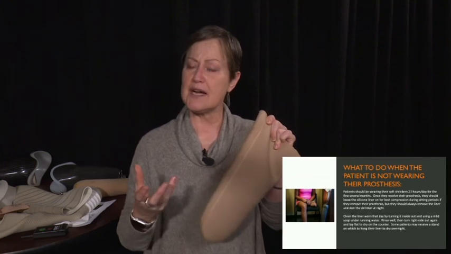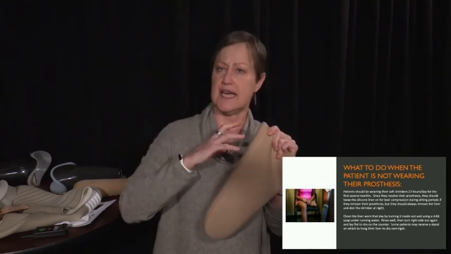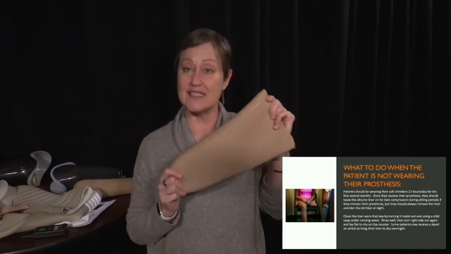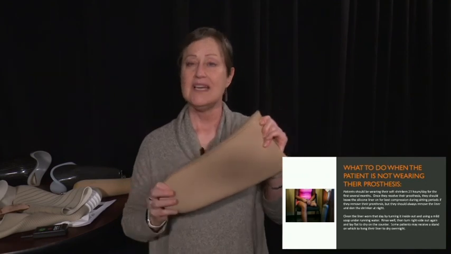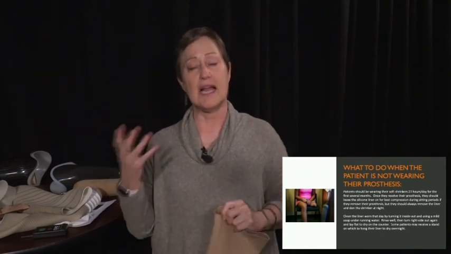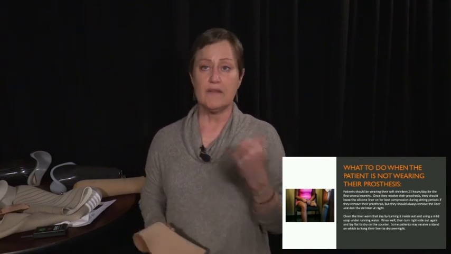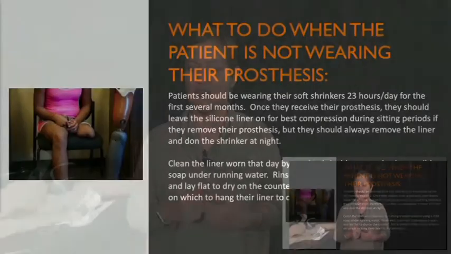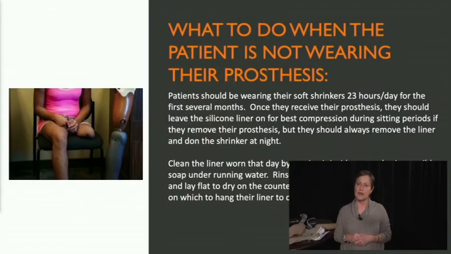If they're early in the process where they're wearing their leg a couple hours, then taking it off, putting it back on during the day, they can leave their liners on, maintaining the size of their leg. This is great shrinking right here. But at night, they always take it all off and they put on their soft shrinker. That's what they should be doing at night. Some people years out from their amputation still wear a shrinker at night because it gives them a sense of security. What you don't want is that they're not wearing a shrinker at night. If they swell up in the middle of the night, which can happen for amputees depending on other medical conditions, then they can't get in their socket in the morning, and that's not cool.